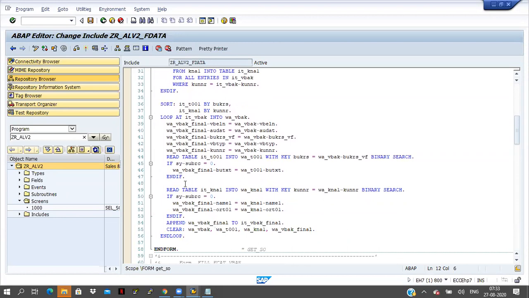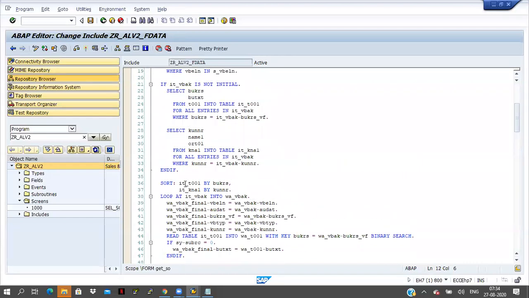Where is read table? Okay, I will keep the breakpoint here and I will execute it.